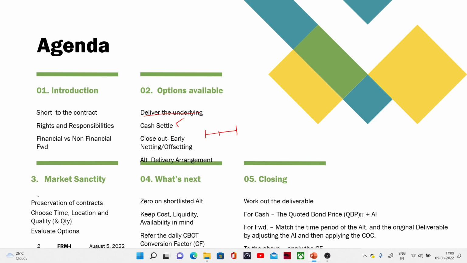Second is, of course, the alternate delivery arrangement. So what do we mean by alternate delivery arrangement? Let's imagine this scenario in the market itself. If we are talking about an exchange, or a forward contract, let's say we are talking about two parties, one is a long and another is a short to the contract. Say the underlying is a Tesla bond and it's a 1 year contract. So it's a 1 year forward contract wherein the short will deliver this Tesla bond to the long. Okay, now the intention is absolutely there, but come 1 year, that is at maturity,